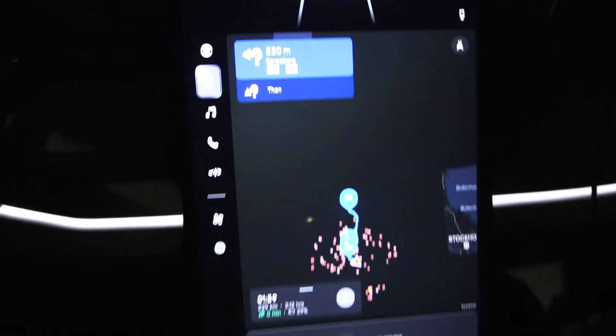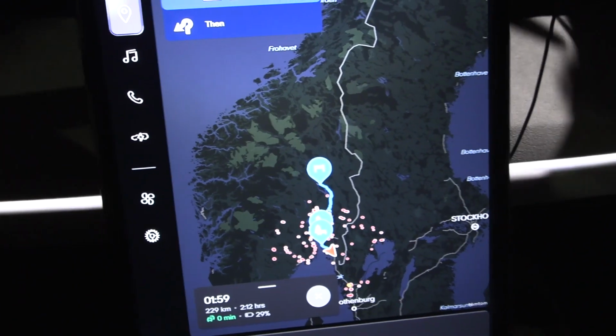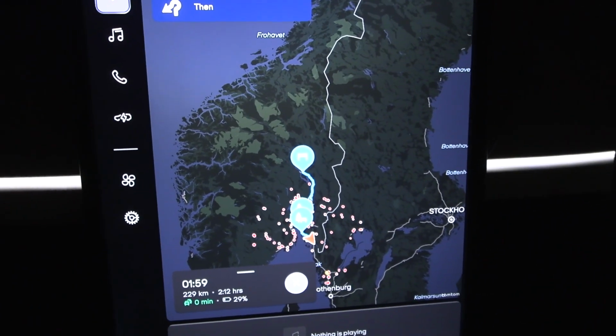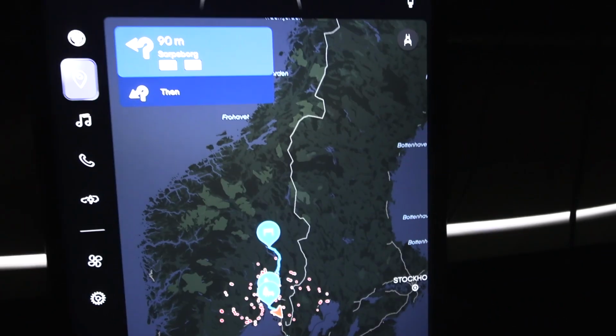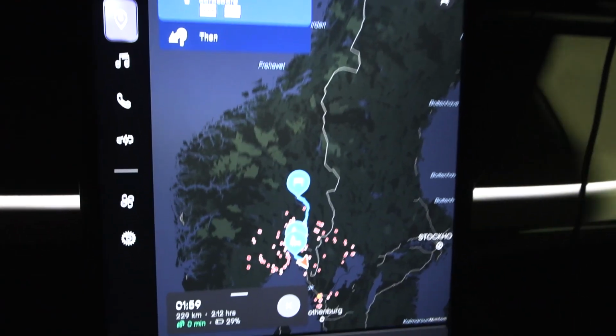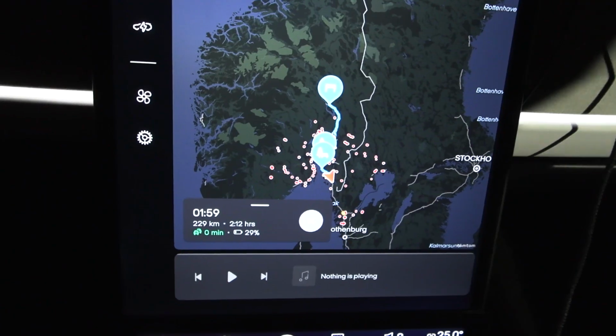We will head for... Oh, what the heck is this map thingy? What? The overview looks really weird. Do you know how to zoom out that much, man? I'm not planning on going to Snåsa. Okay, whatever. But we will now head north to the northmost point to turn around, which is